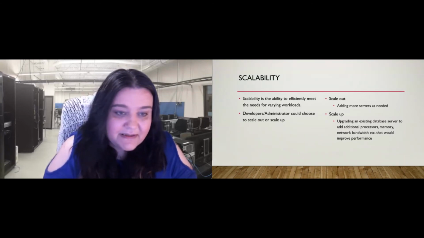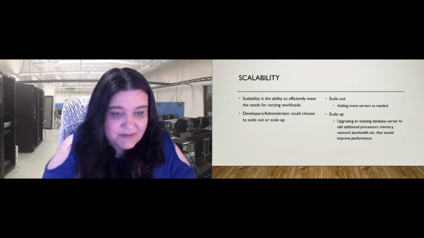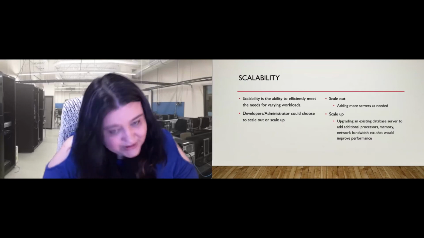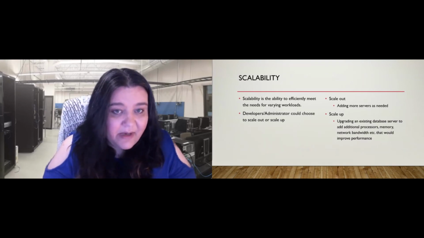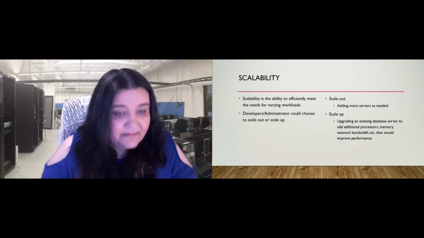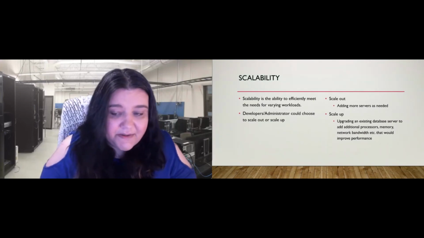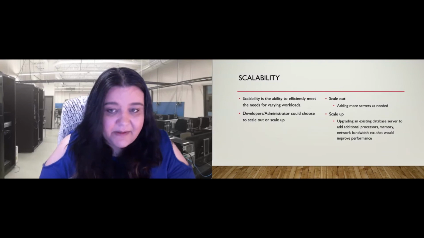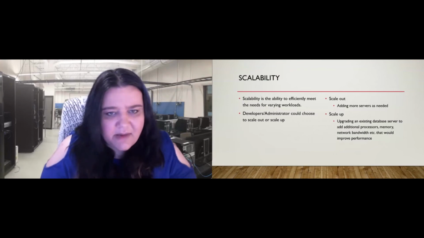Scaling up, of course, is upgrading the existing database server, processors, memory, bandwidth, etc., which I talked about before. If we scale up with one server, we're talking about taking that server down and not having access to it. So that increase in scalability is key for thinking about using NoSQL databases.